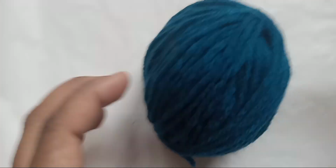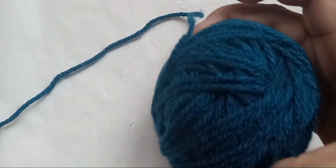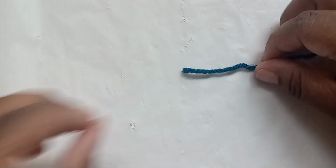Okay, y'all, for this one, I'm going to be using this full skein of black yarn I have, and I'm going to be mixing it with some of my scraps I have over here in my bag. Okay, y'all, I have this ball. This is another ball I have. This is a scrap ball I created. And now what I'm going to do is also take my black